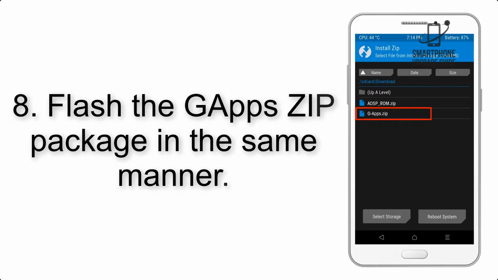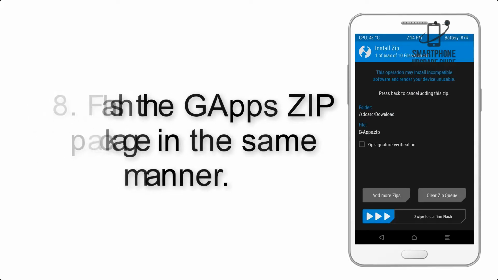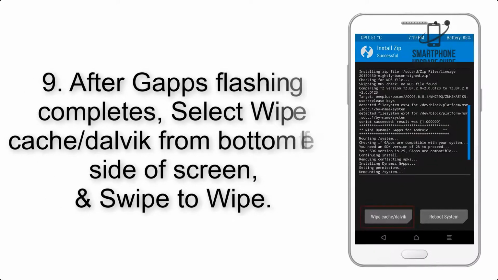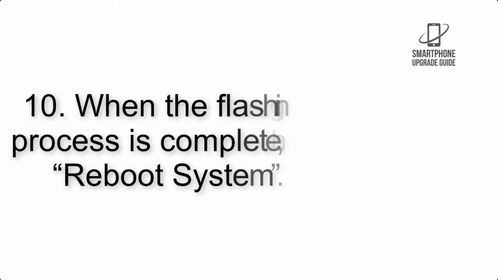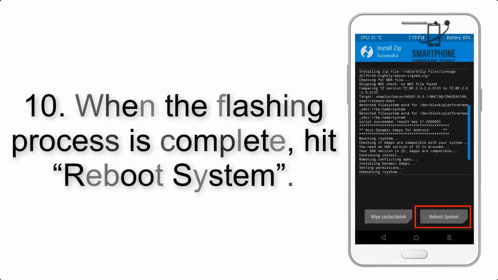Step 8. Flash the GApps zip package in the same manner. Step 9. After GApps flashing completes, select Wipe Cache and Dalvik from the bottom left side of the screen, and swipe to wipe. Step 10. When the flashing process is complete, hit